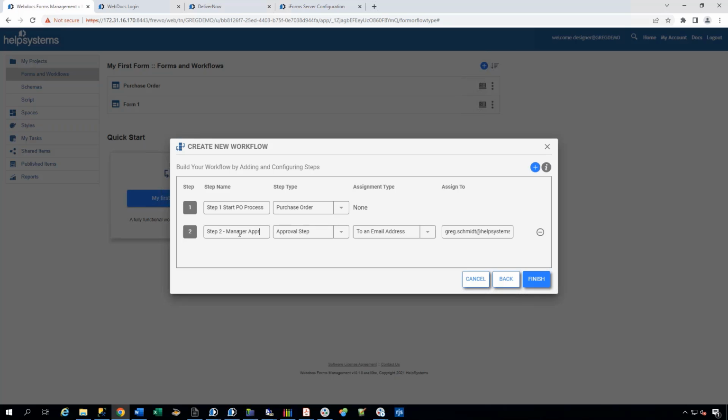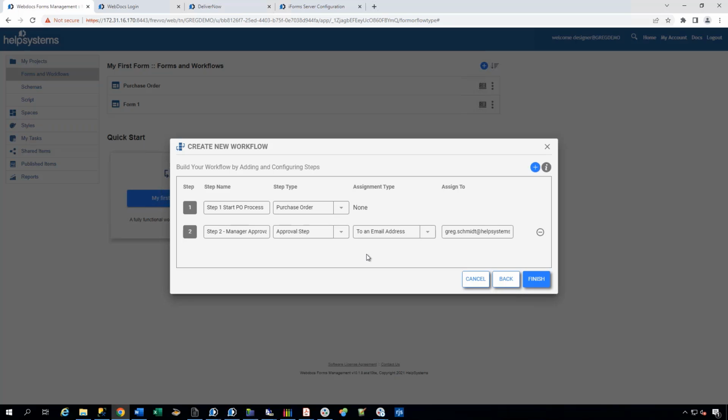Put this in here. There we go. And there's different kinds of approval steps you can do here. So you can actually use that same form, and you could do different things inside of it from that standpoint. So since this is an approval step, and approval steps in this case